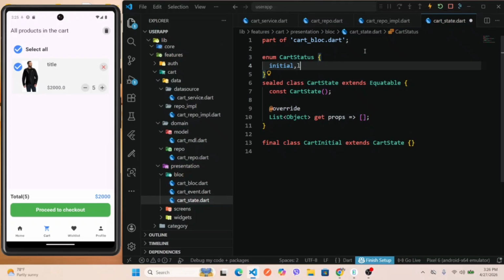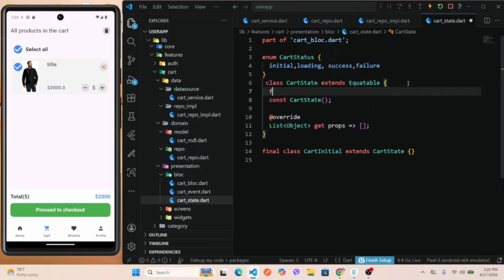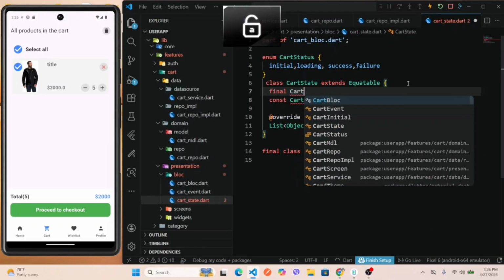Initial, loading, success, and failure. Okay, now let's remove this field, and let's define this cart status here,